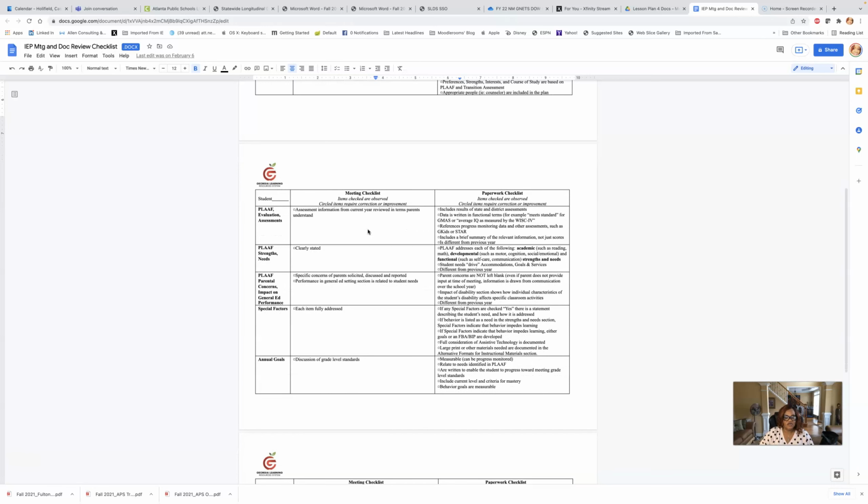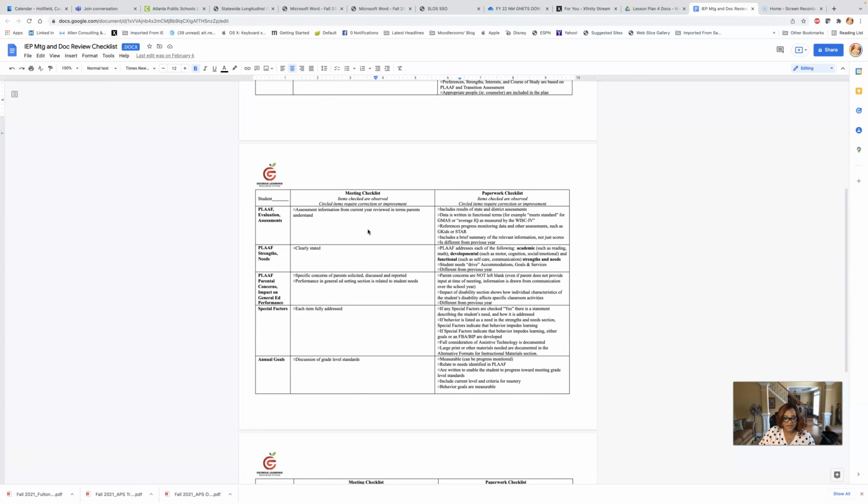You want to make sure that you go over the IEP in these exact orders. So you want to talk about the PLAF. The PLAF is the present levels of academic achievement and functional performance, and you want to go over the evaluations and the assessments, and you want to provide the technical information. But when you're talking with the parents, you want to make sure that you share this in a language and with vocabulary that they can understand, because in special ed we use a lot of acronyms, so you want to avoid that as much as possible